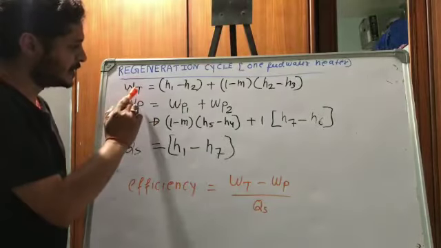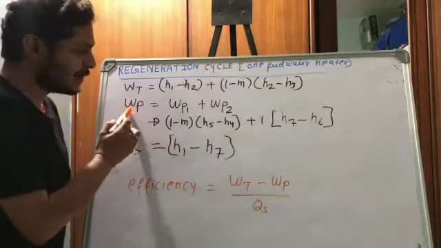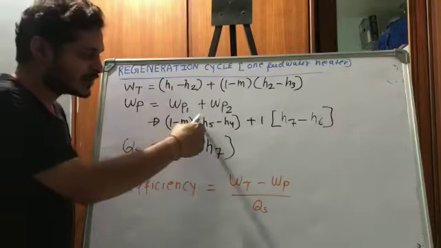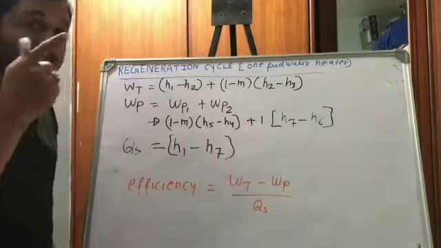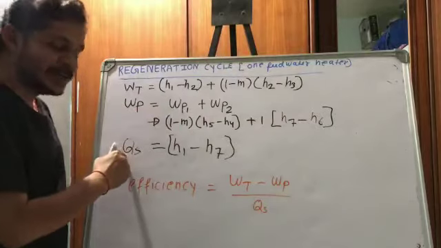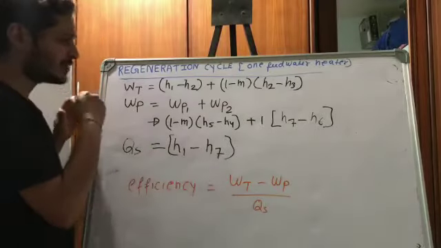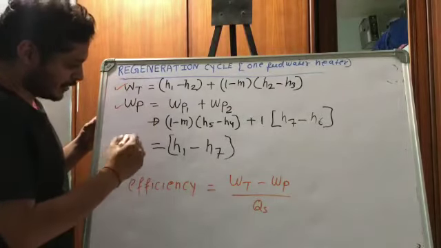So work done by the turbine is H1 minus H2 plus 1 minus m into H2 minus H3. Now see, two pumps we are using. Pump number 1 feeds the water from the condenser, so 1 minus m kg of water is coming to pump number 1. So for pump 1 it is 1 minus m into, pumping water from point 4 to point 5, H5 minus H4, plus, now the second pump is feeding 1 kg to the boiler, so 1 into H7 minus H6. Heat supplied is in the boiler only, external heat supplied I am talking about, so it is H1 minus H7.